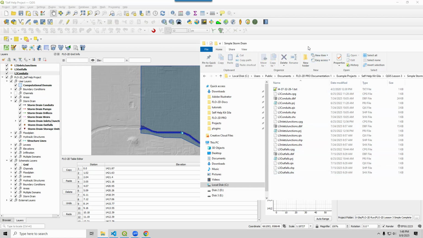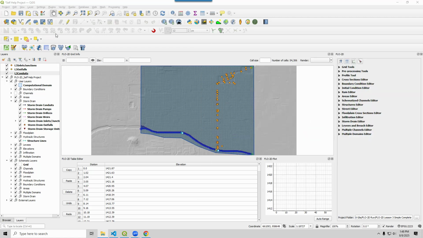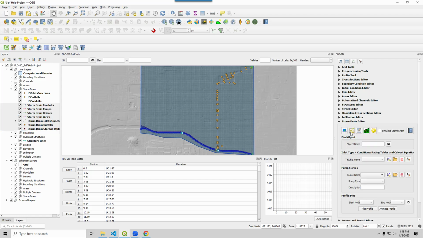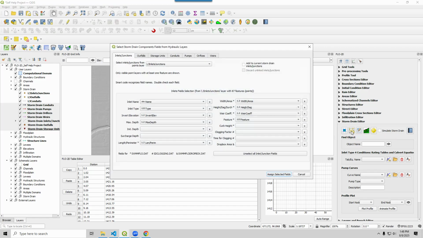So back over here, this is the way I do it. I just don't like these floating around up here, so I like to put them in that storm drain group. And then the first thing that we'll be doing is connecting these to our Flow 2D storm drain network. So if I start with my storm drain editor, I can do this select components from shapefile. And unfortunately, I've already done this a couple of times, so these are already filled, but I want you